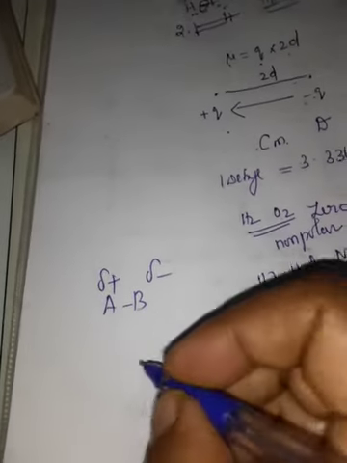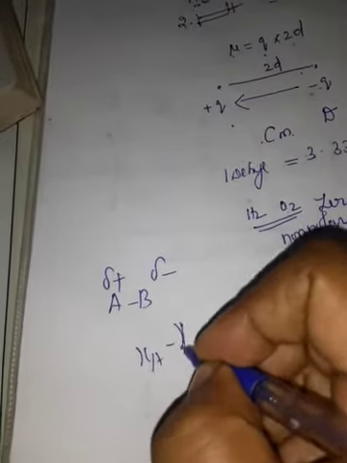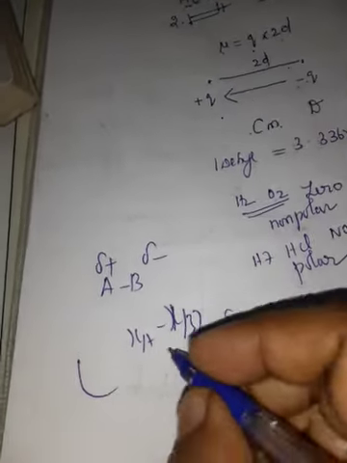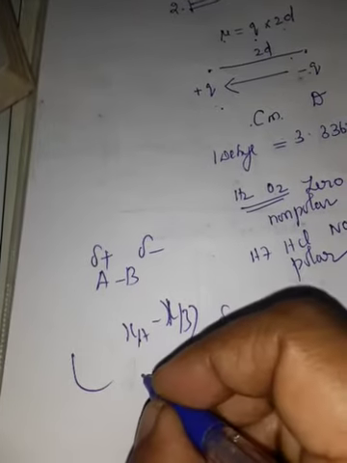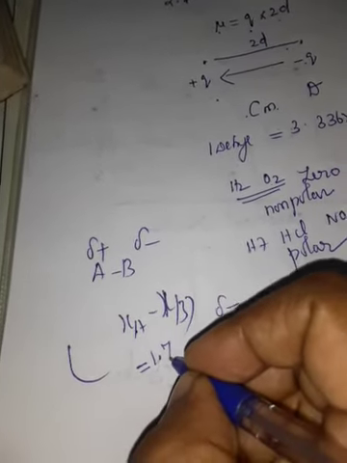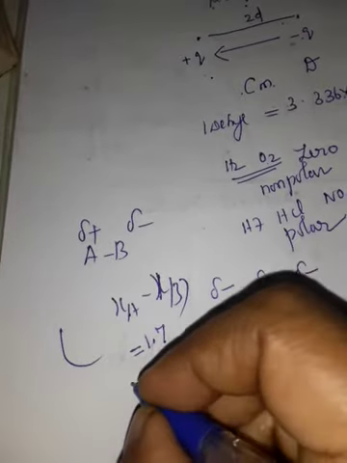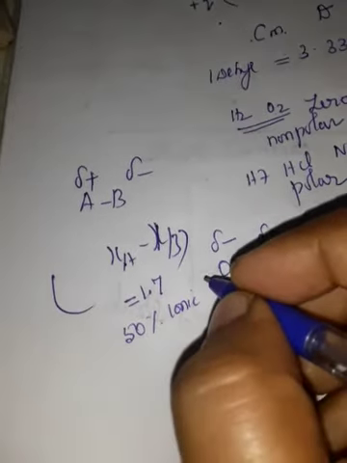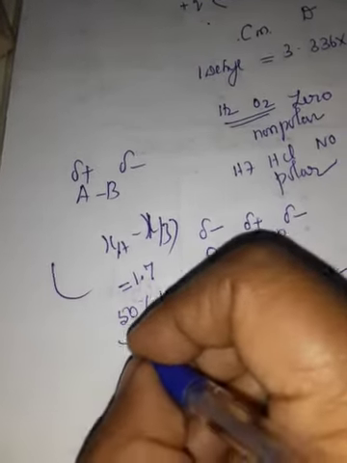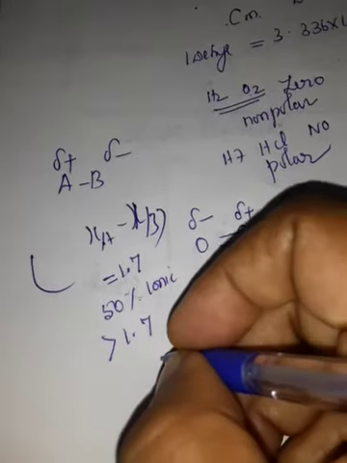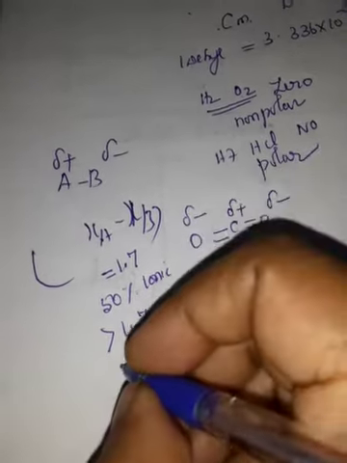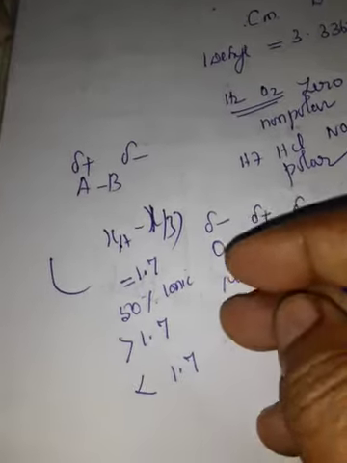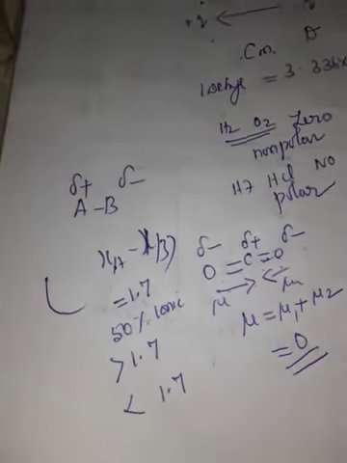The electronegativity difference, chi A minus chi B, that is the electronegativity of A and B, can be used to predict ionic character. If the value is equal to 1.7, the bond has 50% ionic character. If it is greater than 1.7, the ionic character will be more than 50%. If the value is less than 1.7, the ionic character will be less than 50%. So based upon that,